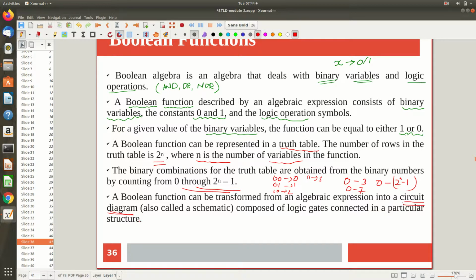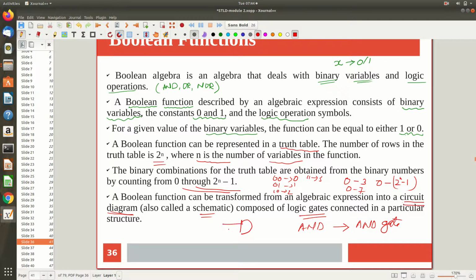So the expression you can convert to a circuit, the schematic of the circuit. The actual implementation, you have to use the physical devices like gates, and a gate is nothing but composed of transistors and diodes, like that. So the particular logic circuit is composed of something called logical gates. I told you before, AND is an operation, and this operation you can implement using a physical device called an AND gate. Okay, so a gate is a physical device, the actual hardware, that implements the same functionality. So we will see the notation and all.